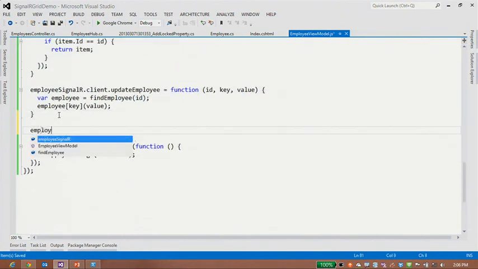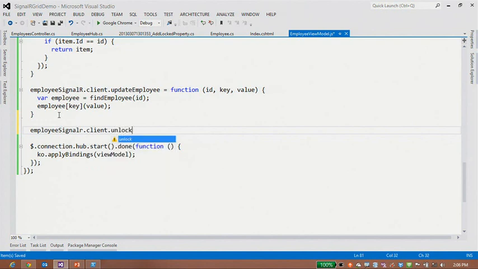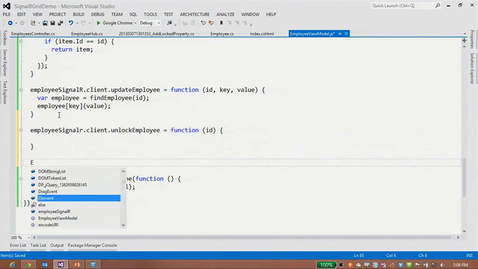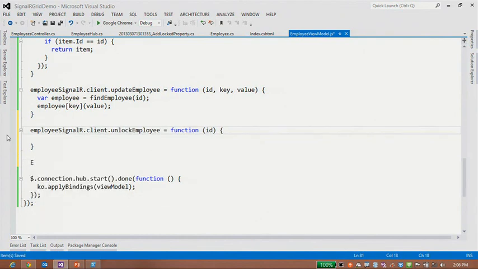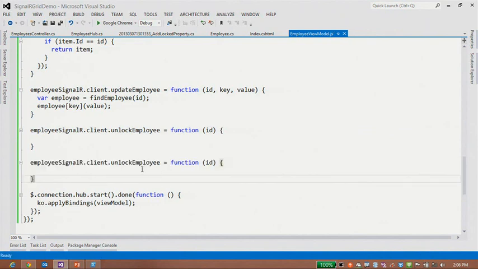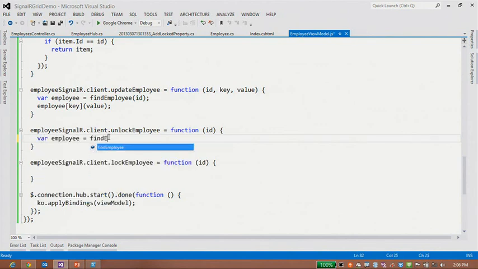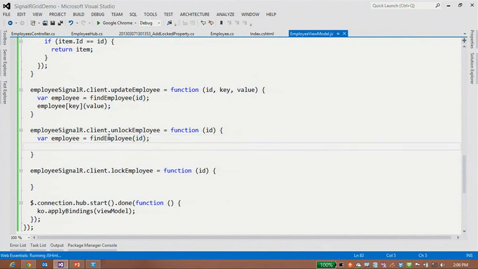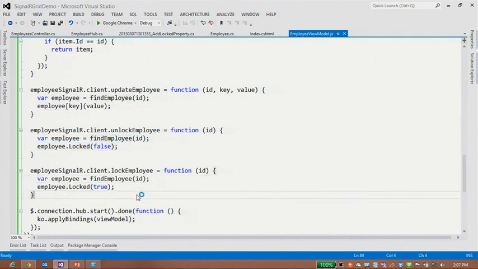So, I spelled this wrong. And I'm going to define this again. Provide a function ID here. And I'm going to do the same helper function. Find the employee. This is going to grab the observable object for the employee that is specified by the ID. And then I'm going to do employee.locked, set that to false because this is the unlock function. And then copy paste the same code and set it to true when you are in the case of locking